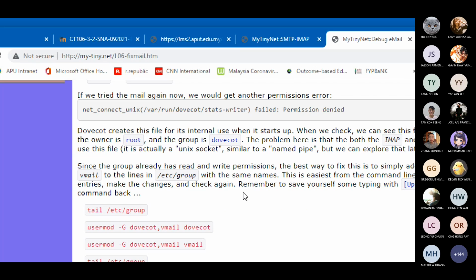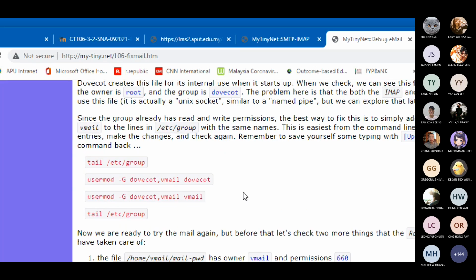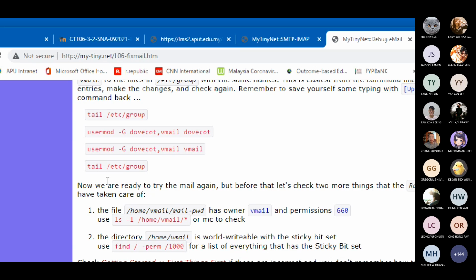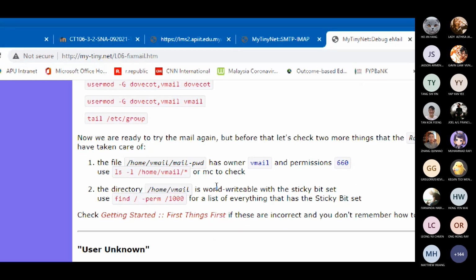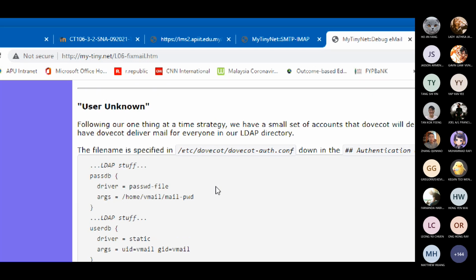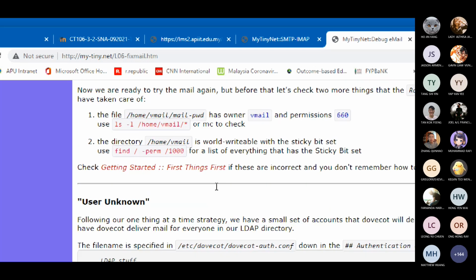That's the first one that we're going to have to fix by fixing the group and the permissions. And if we did that again, we went to the trouble of sending another email by Telnet, it still would not be delivered